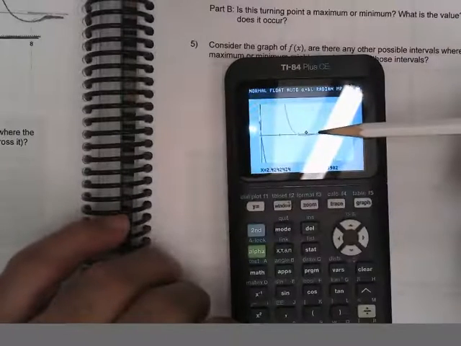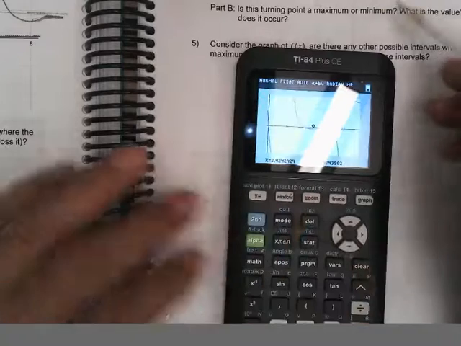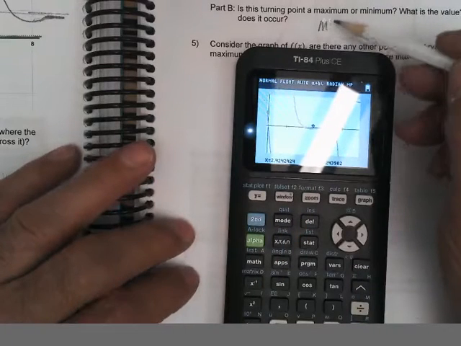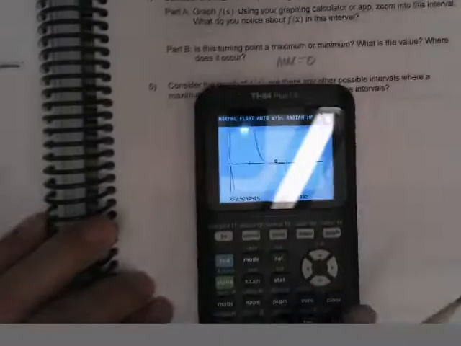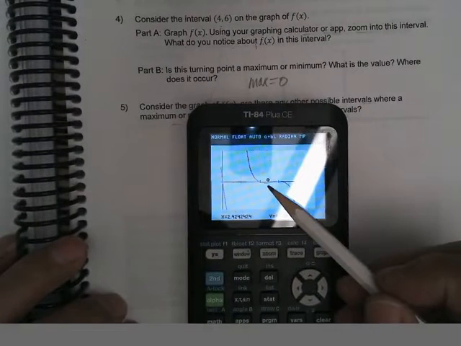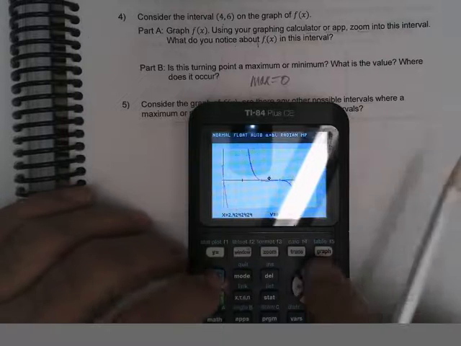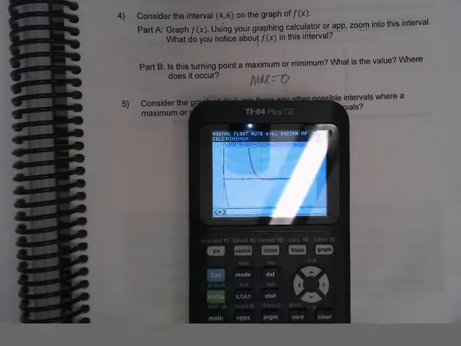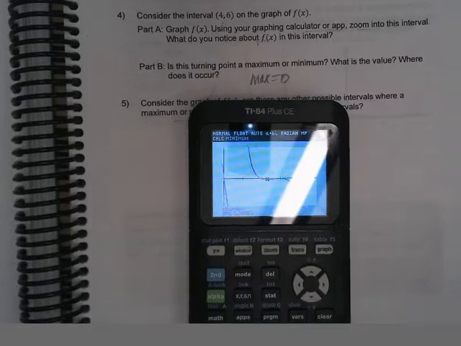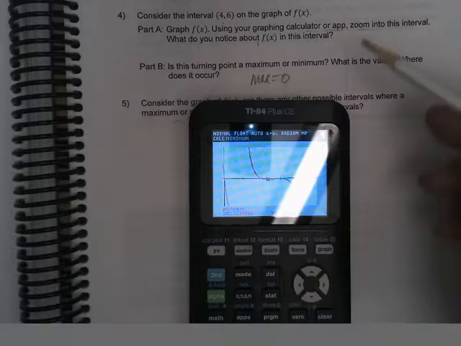So we have a maximum of 0 at 3. And we have a minimum inside there between 2 and 3. Second, calculate the minimum between 2 and 3. And I'm going to guess at 2.5. And it says it's at 2.3, and the minimum is